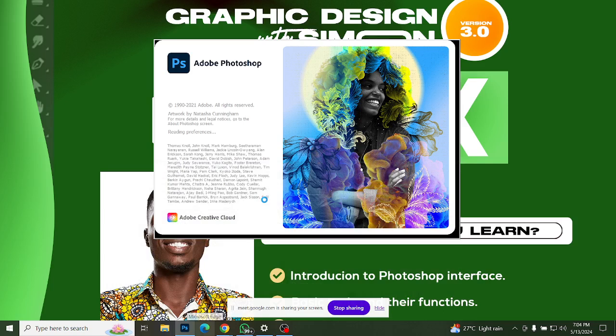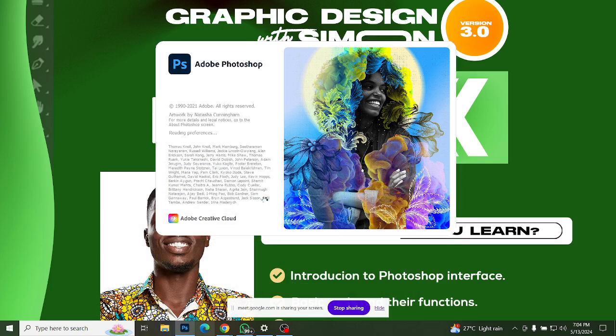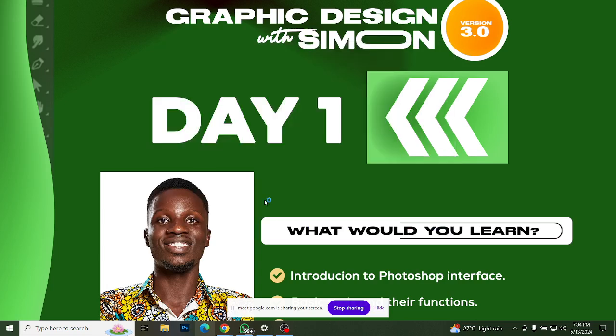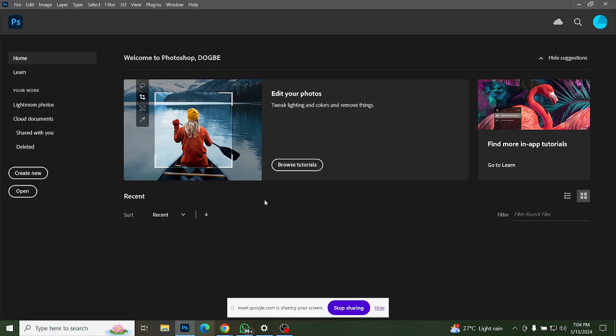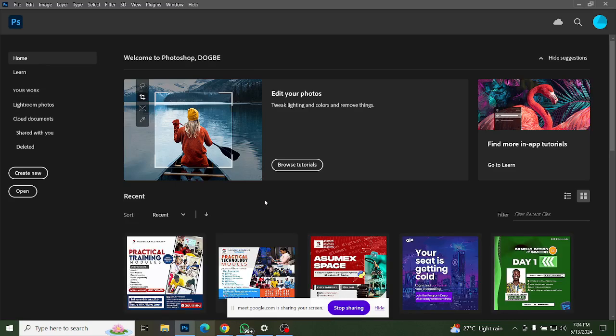So what is Photoshop? Photoshop is a software that we use for designing, modification, and editing. We even use it for photography. Most photographers first use Lightroom to do the normal filters and other things, then they come to Photoshop to do the retouching. So Photoshop is basically an editing software and a designing software too. We use it to manipulate images and to do other things. So for today,